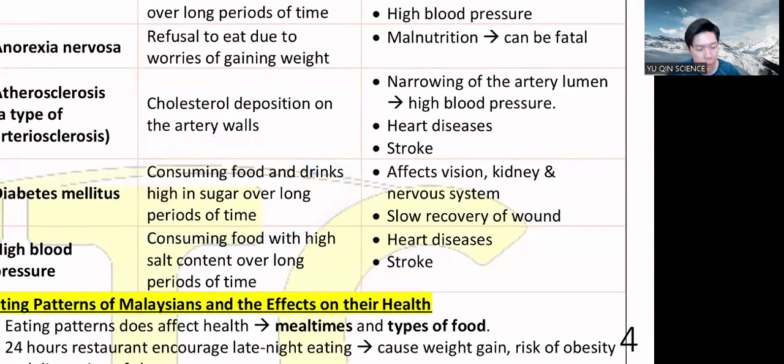Like if today you drink 1.5 liters of Coca-Cola, that's okay. That's just for today. You're not drinking every day. But if you do it very frequently, that's called over a long time. That's very important. It's not just taking sugar and then everyone gets diabetes already. It's about a long period of time. So that one is quite an important answer. And then give one effect, which can affect the vision and kidney or cause slow recovery of wounds. Yeah, go ahead.